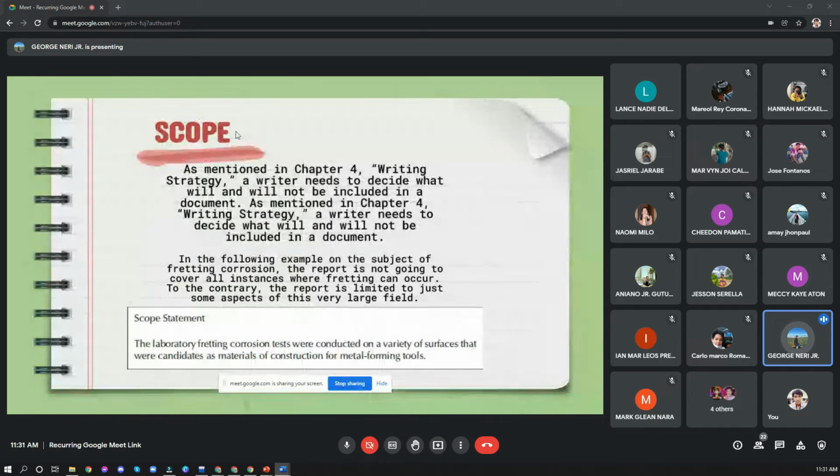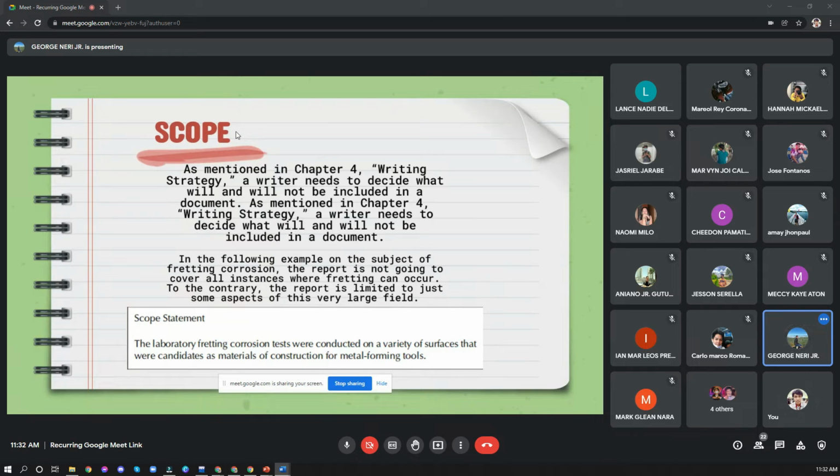The next is scope. Scope, as mentioned in chapter 4, writing strategy: a writer needs to decide what will and will not be included in a document. In the following example on the subject of printing corrosion, the report is not going to cover all